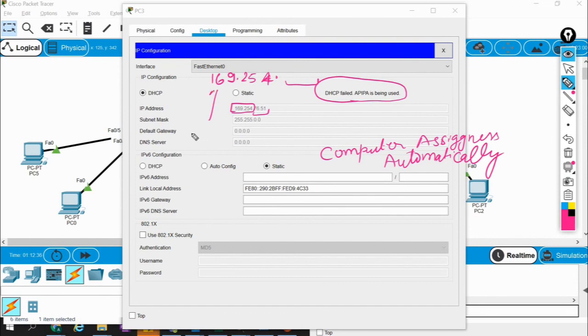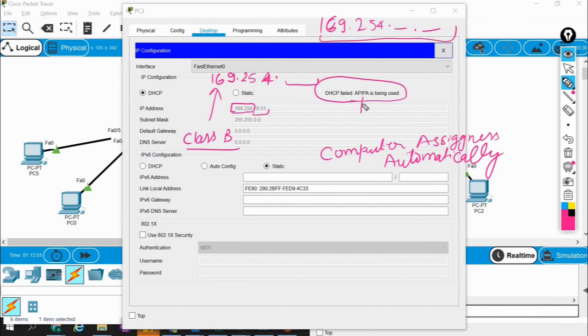So this is actually a class B IP address. Whenever the DHCP has failed or the PC is not able to reach the DHCP server, you will see that the IP address is assigned in the range of 169.254.x.x. So that is called an APIPA address.